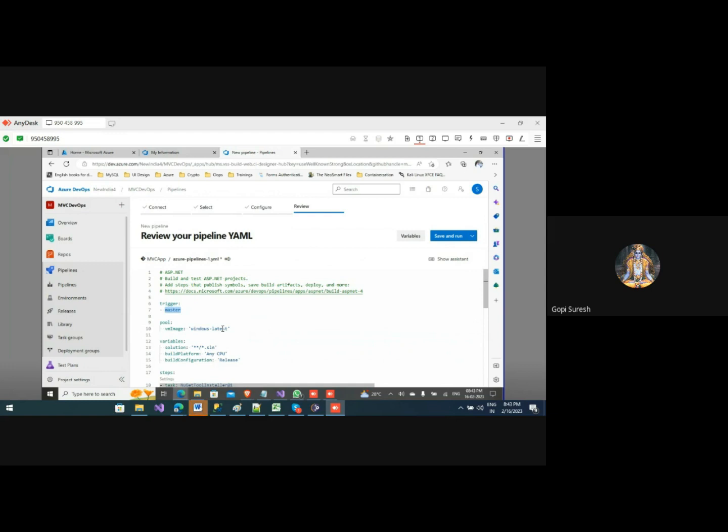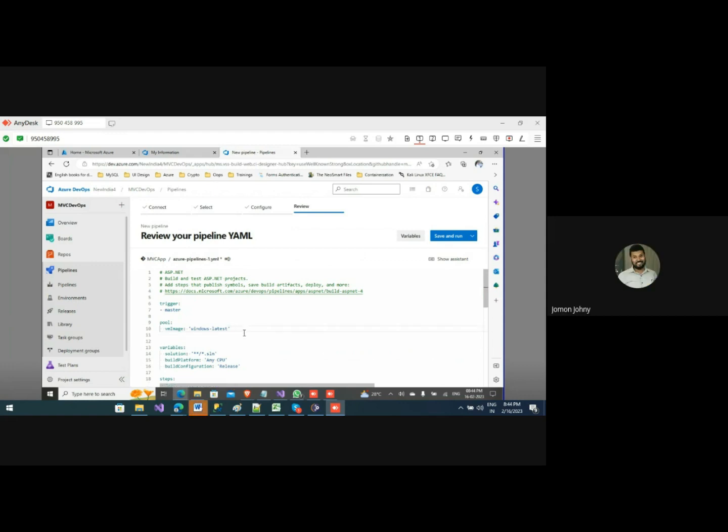Next, it is pulling the images. The VM image should be Windows, so when I'm building the code, I consider my target framework to be Windows. In case I differ from there, I can do a different setup here too. What do you mean by pool? The pool is a queue. If you want to build this image on Linux, you can add another VM pool.